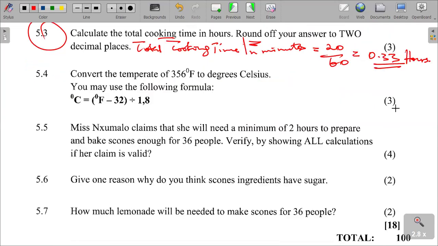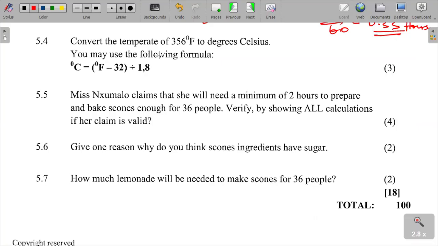And then convert the temperature to degrees Celsius. You may use the formula: temperature is equal to F minus 32 divided by 1.8. So, our question, this one, temperature is equal to